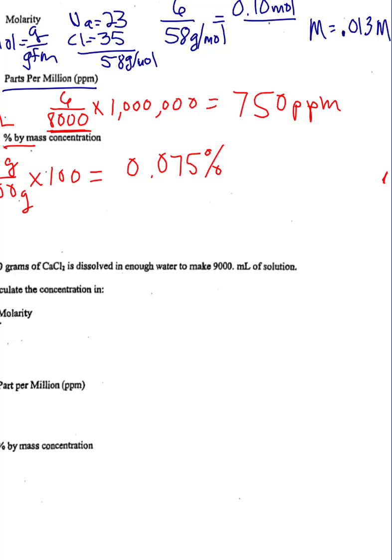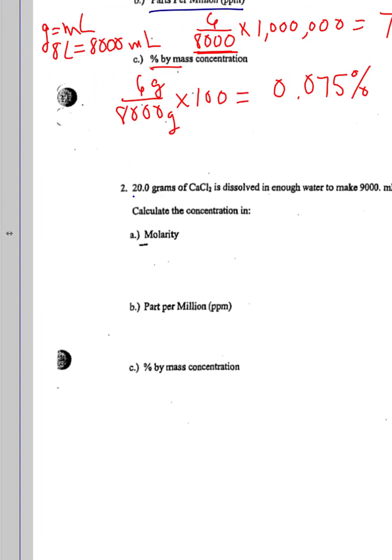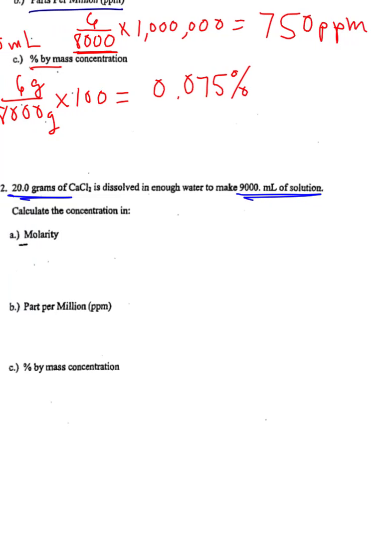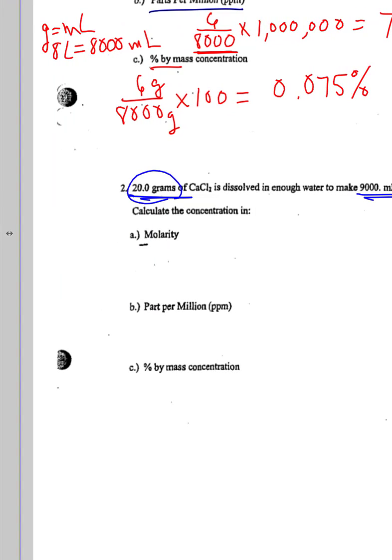So coming down here to the set at the bottom, okay, I'm just going to swap my color over again. We are given 20 grams of calcium chloride dissolved in enough water to make 9,000 milliliters of solution. We're going to solve this the same way, only once again, we're starting out with grams, so we have to work with that. So remember, moles equals grams